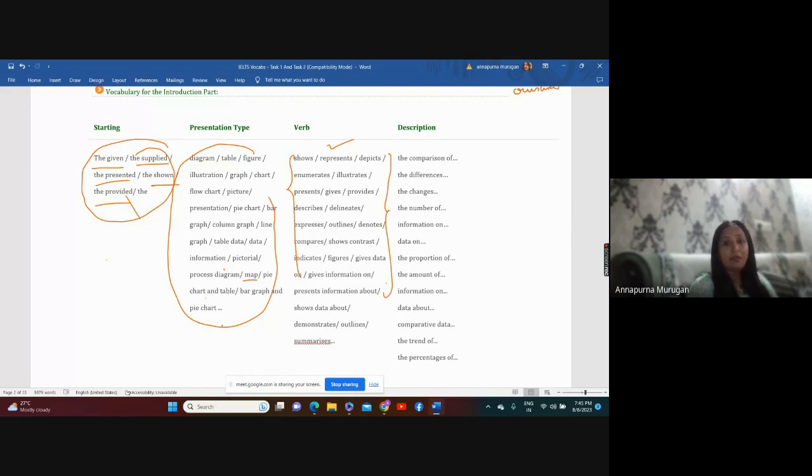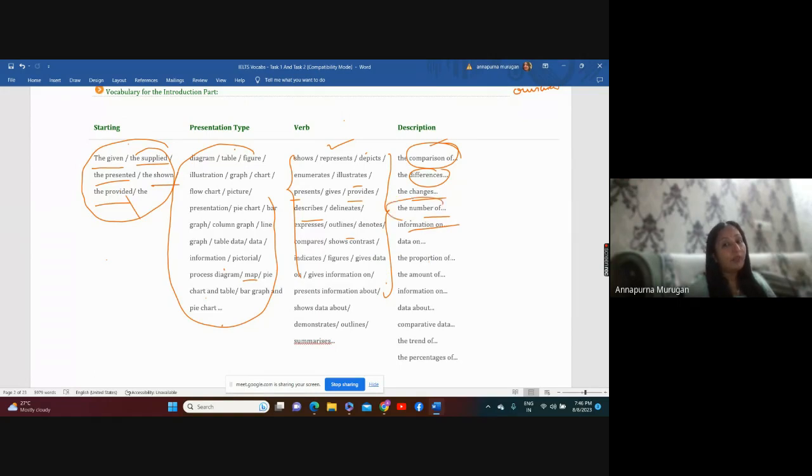That means you can give variations comfortably. There is no need to always use "shows." You can avoid repetition. It is not only in the introductory statement; you can use these verbs throughout your explanation to avoid repetition. But when you use them, make sure you use them properly. Contextual usage should be there, whether it is describing, comparing, showing differences, forecasting changes, or just showing the information.